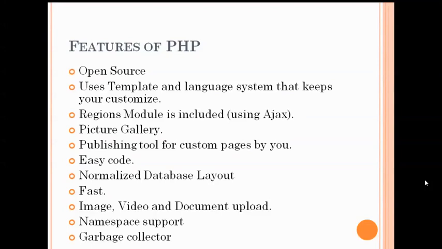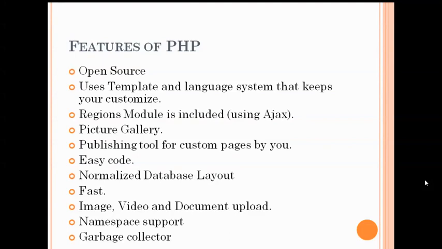First is open source. I already discussed in the practical session what exactly open source is. Open source means there is no need to buy a license to use the technology. Okay, and it is easily available on the net. For example, if you want to download PHP, it is available on the www.php.net site. You can download its latest version also.